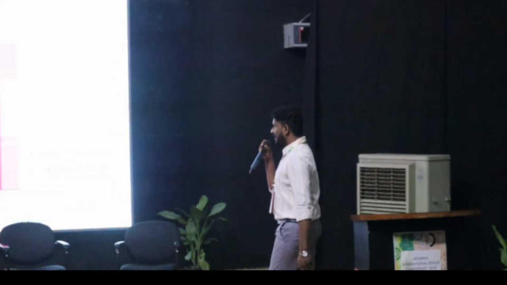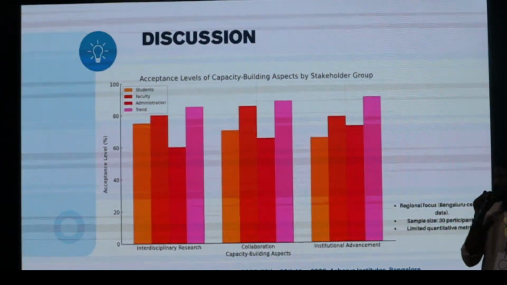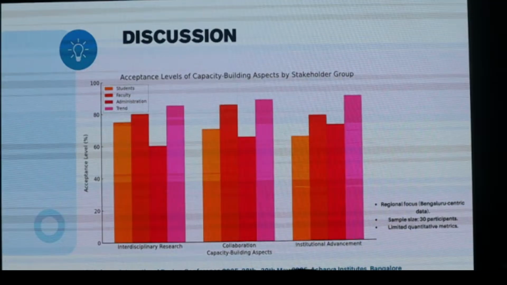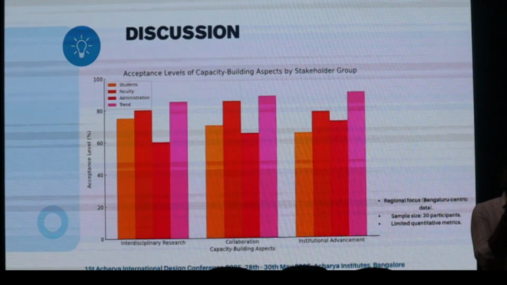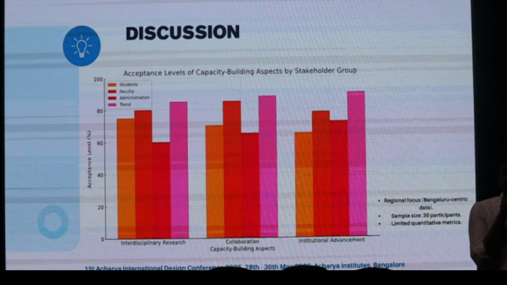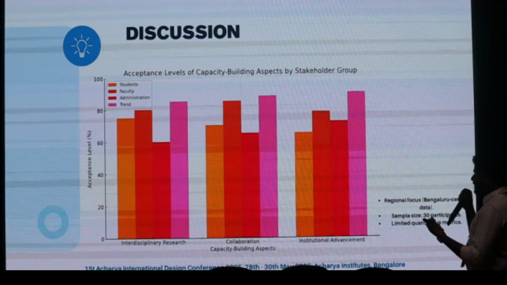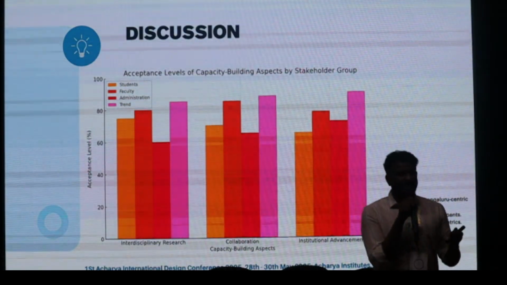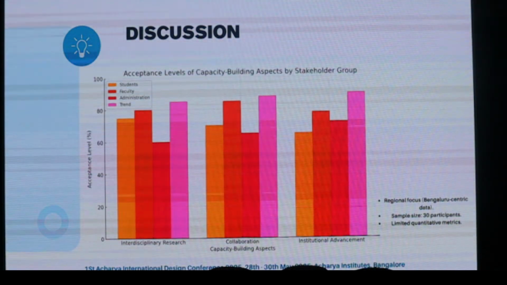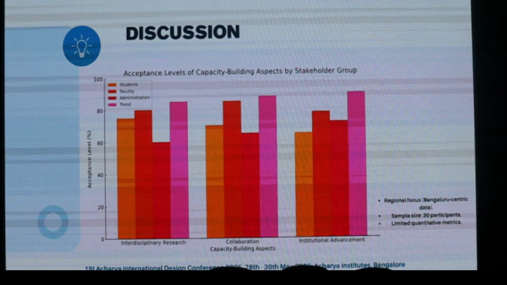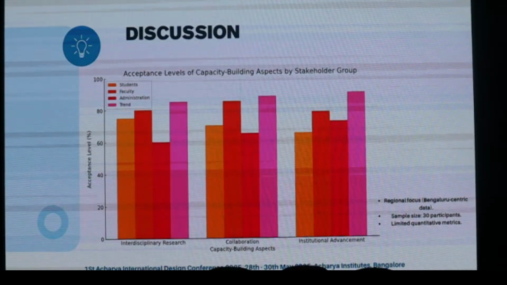Then, the acceptance level of capacity building among the institute students, and if I talk about the trend also, we have not reached 100%, I can say. The students are not focused, but they want to have more concepts about what is design and research. Okay? So we have come up with a ratio of only 69% at the student level and 80% for interdisciplinary research, where collaborating with design and other institutes like emerging trends in different